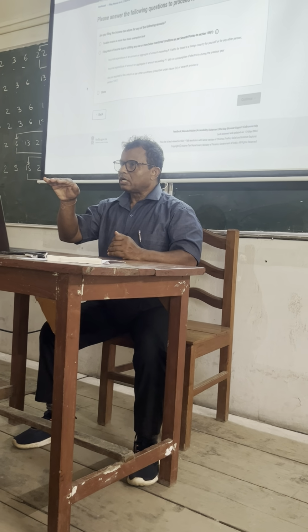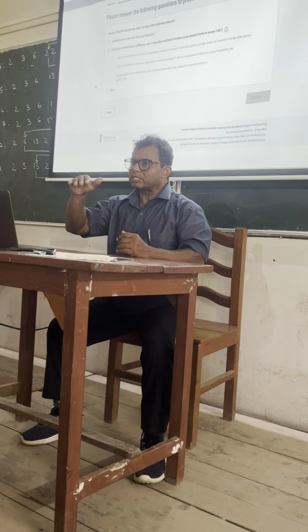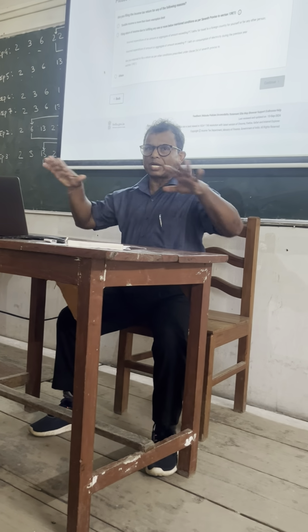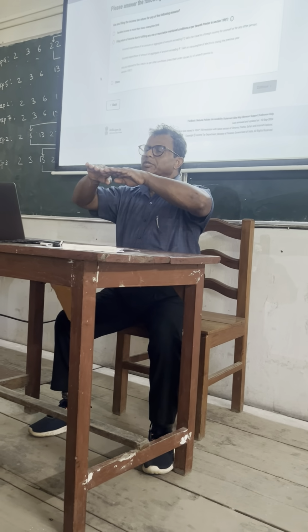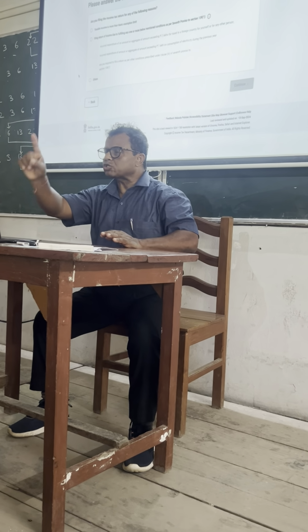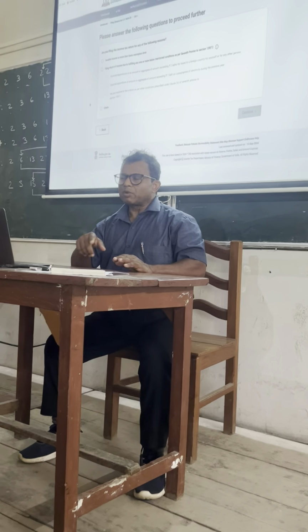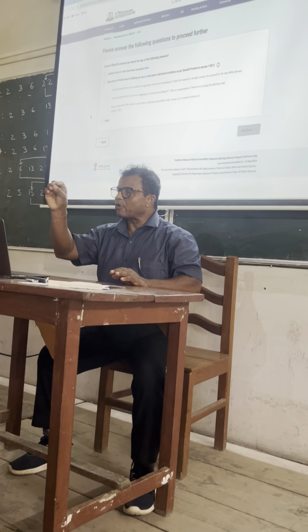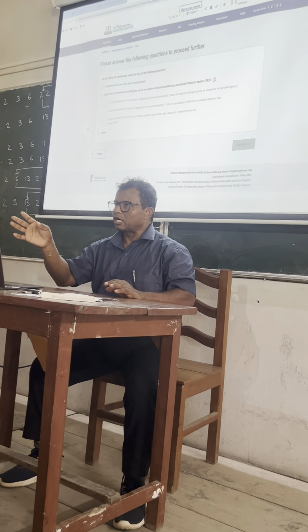What is number one? Taxable income is more than the exemption limit. Are you filing the return only because your income is more than the taxable limit? There is some limit, say 2,50,000. Beyond that, you have to pay tax. Below that, you will not pay tax. So your income is more than that, so you are filing the return. Yes. So option number one. If it is so, you tick it. If not, there may be another reason. Remember, below the tax limit, you may file the return or may not. There is nothing in the first rule, but it is better that you file.